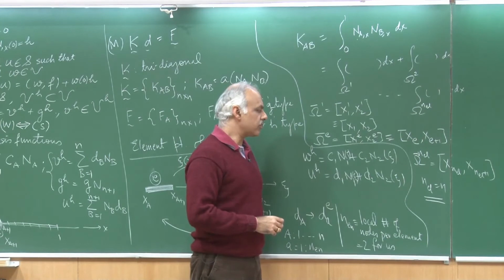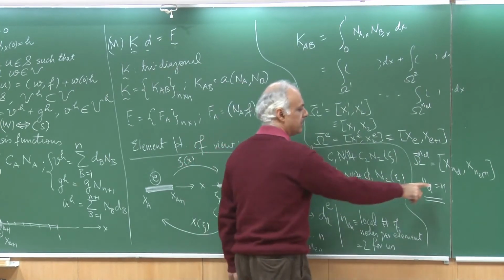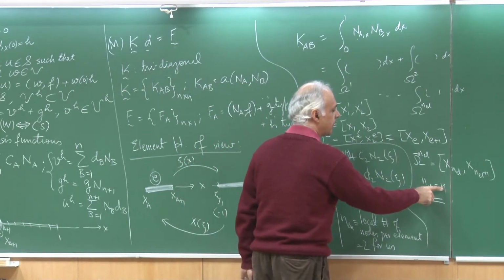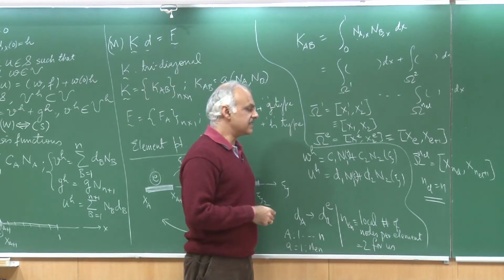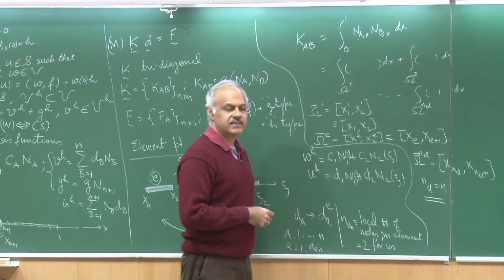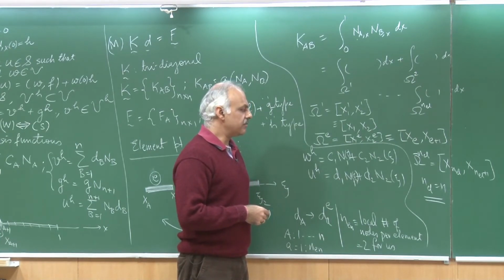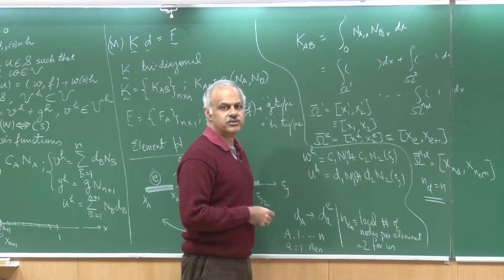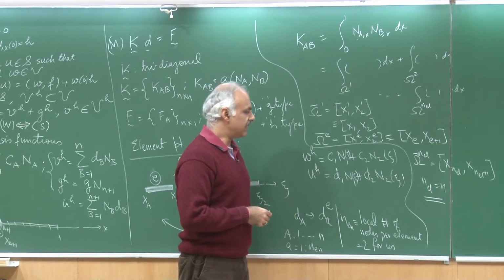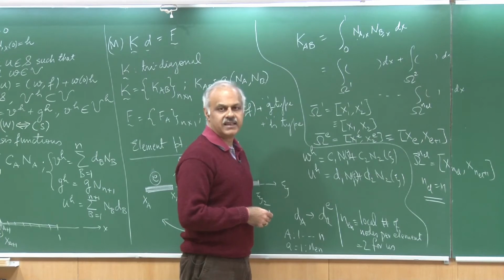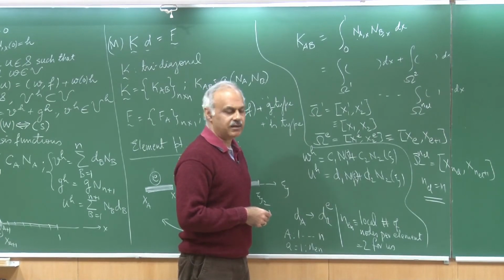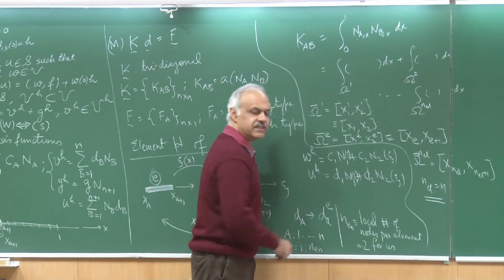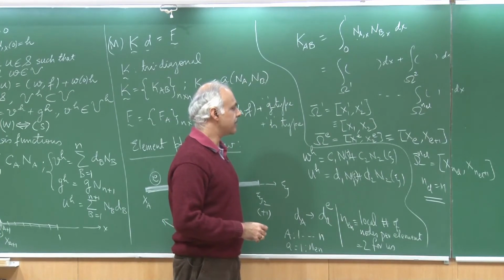Number of nodes is n plus 1, where n is the number of elements, which I am denoting by NEL. But you realize this may not always be the case. This is a special case for piecewise linear elements. If I have chosen quadratic elements, then each element may contain more than 2 nodes. Specifically, a quadratic element would contain 3 nodes per element. So, NEN would become 3, and so on and so forth.